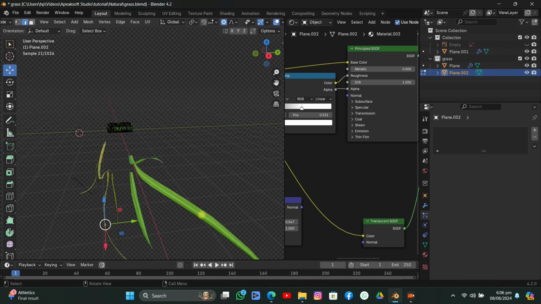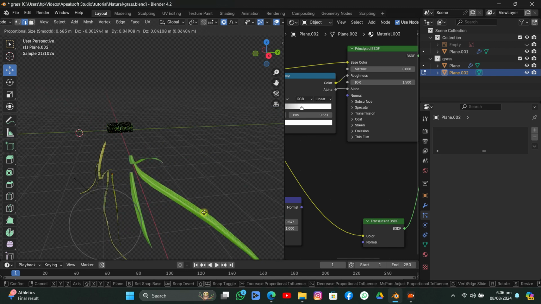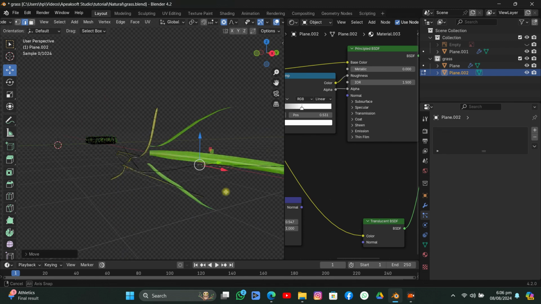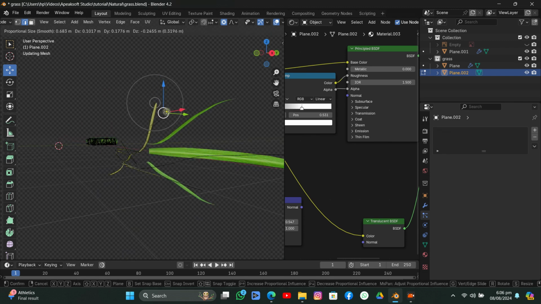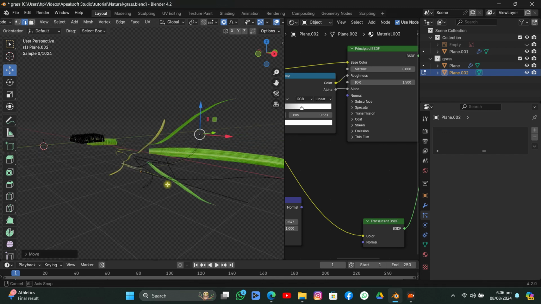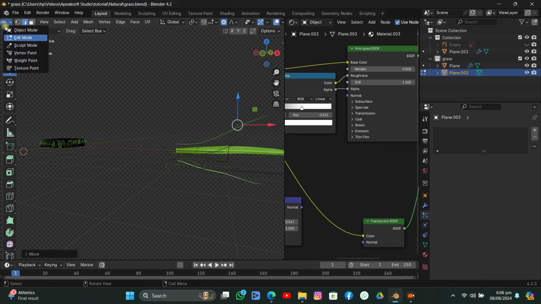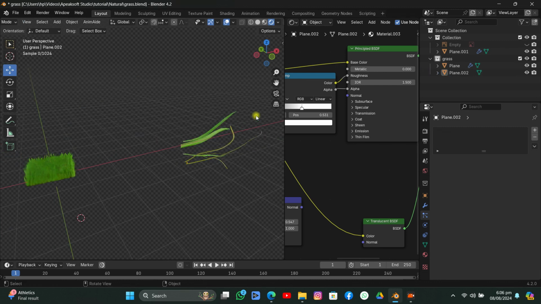Hit enter. Something like that. So right now, if we look at the material,